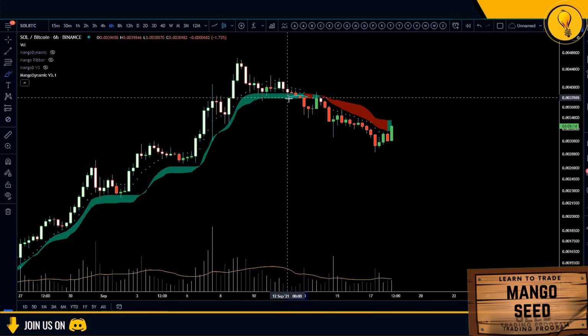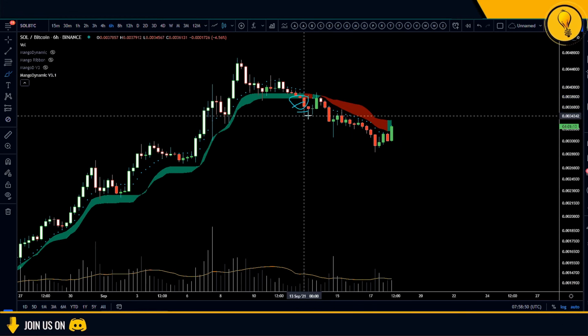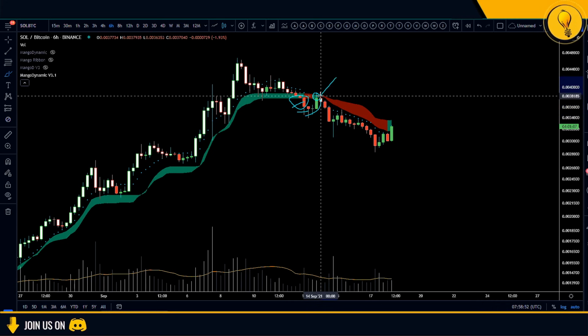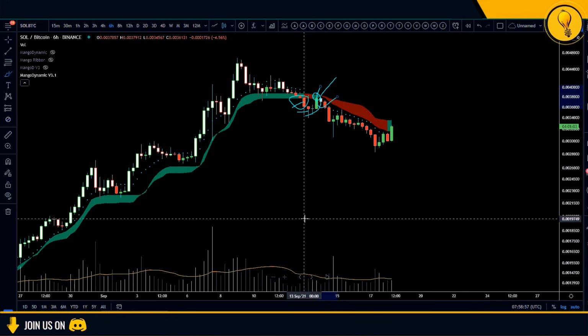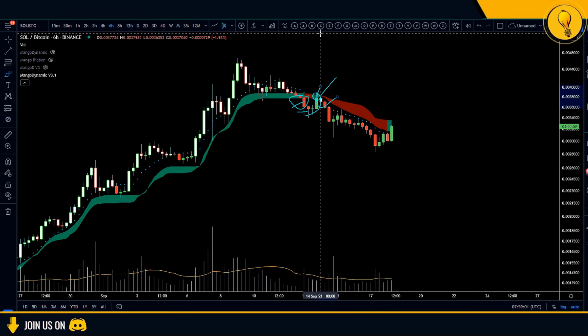Two ways you can do it. Just exit right over here, exit all of it, or you can start exiting like 50%, 60%, 70%, and when you get this retest, sell into it. All right, now similar story with Algo over here. And again, apologies for my thoughts being all over the place, but this is how conversations go.